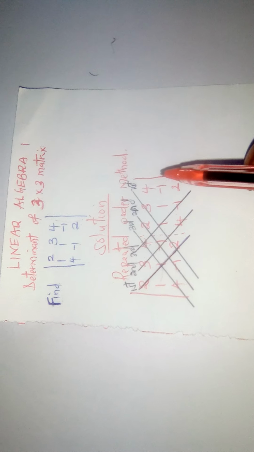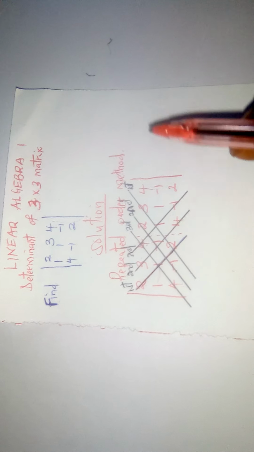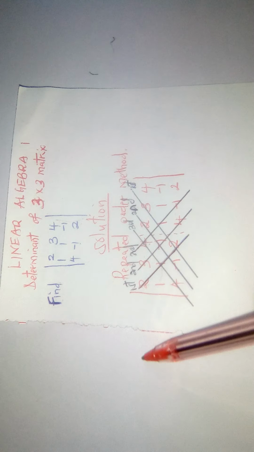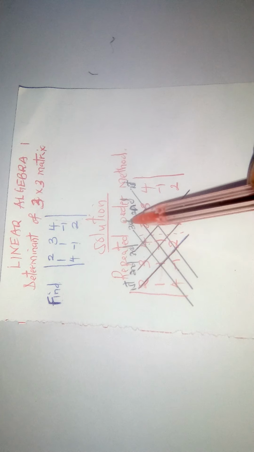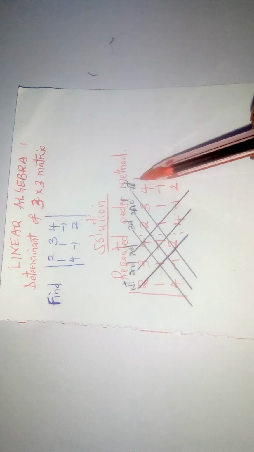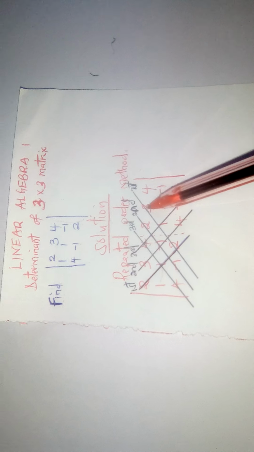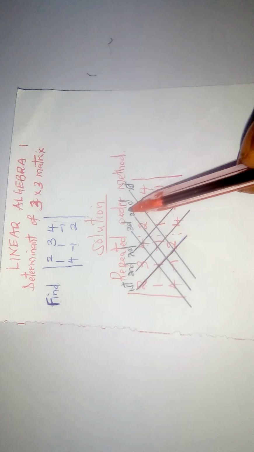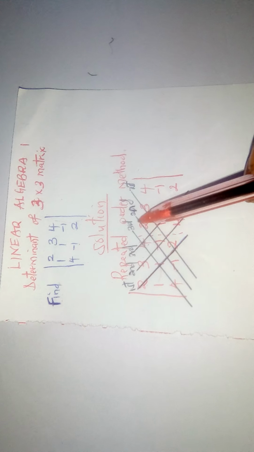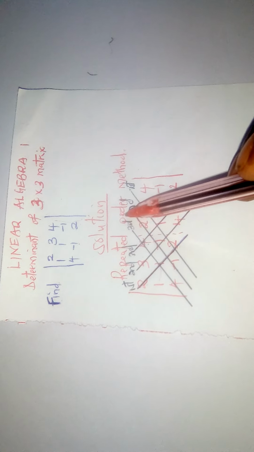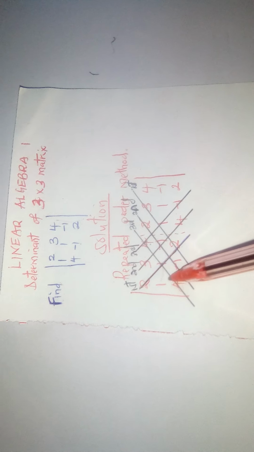So when you are within a diagonal, you multiply, but in between one diagonal and the other, you add. That is it. Then after getting the first, second, third diagonal, you will come to this other side, first, second and third diagonal. Then on the first diagonal, just multiply the result. You add to the multiplication of the second diagonal, then the result you add to the multiplication of the third